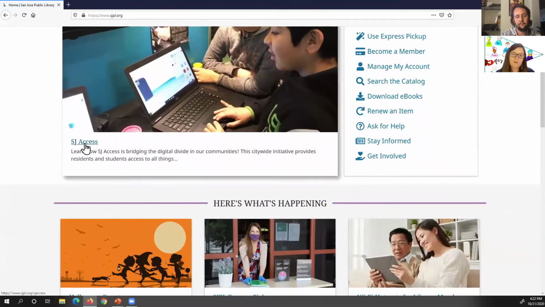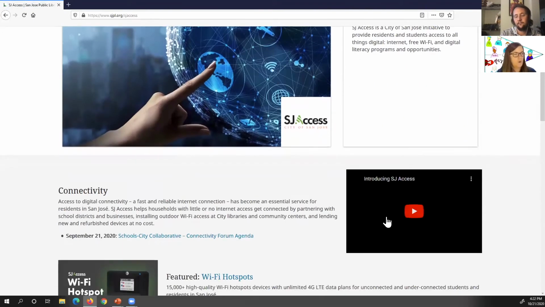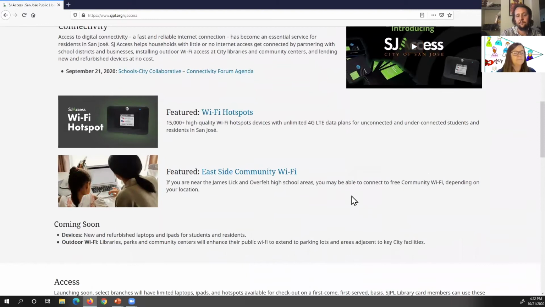This is a program called SJ Access. One of the great things about these wireless hotspots is that they are really high speed. They allow up to 15 connections. And even if you're doing something intensive like streaming video, like we're doing right now, or music or movies, you can still have up to 5 or 7 things connected and streaming at once without slowing it down.